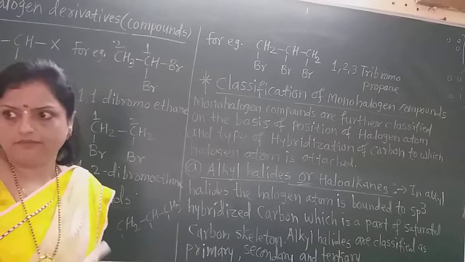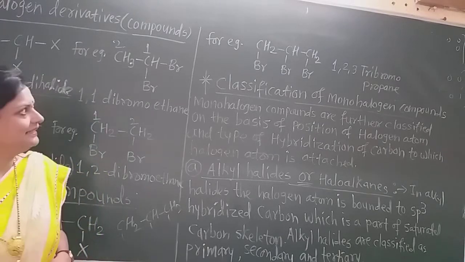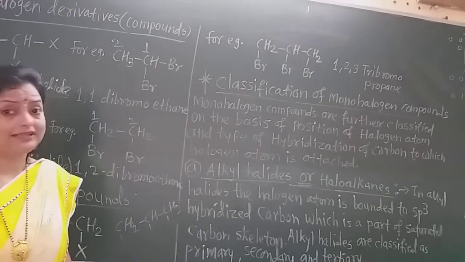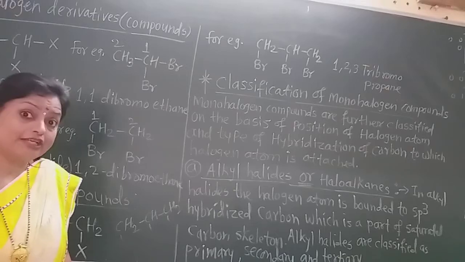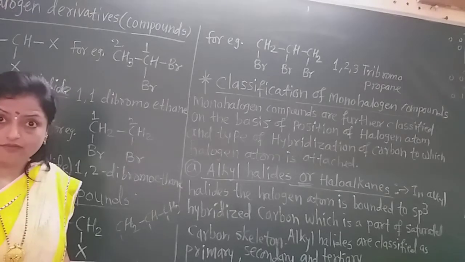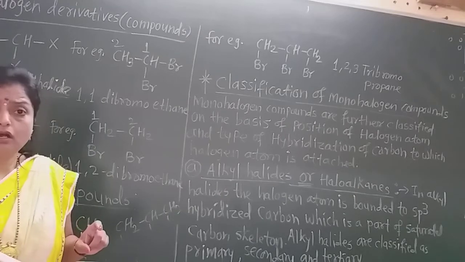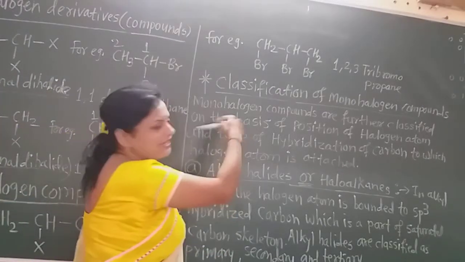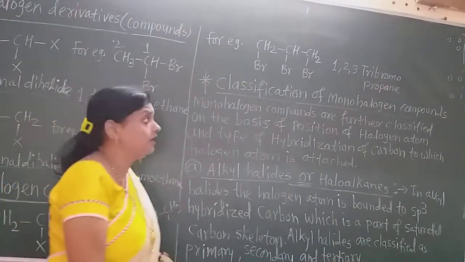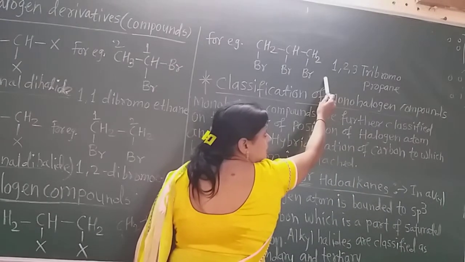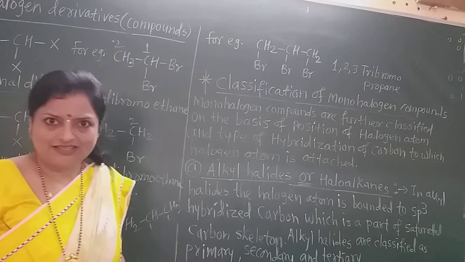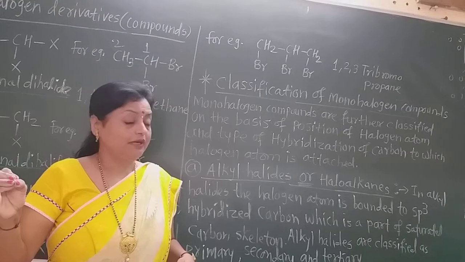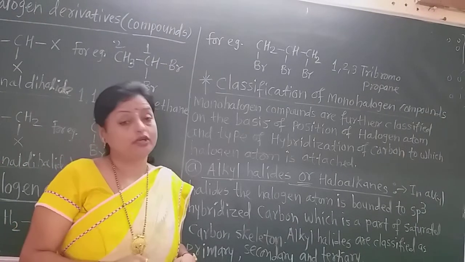Now the best example of this trihalogen derivative, see on the blackboard here. I write the example here. You may attach different halogens also. Remember that. It is not necessary that all the 3 halogens are similar. Only write down the number on which that halogen is there. I will take that example later on. Now here all the halogens are similar, so I write down the numbering in one step. That means the numbering is given directly as 1 2 3. But if different halogens are there, this is not the case.